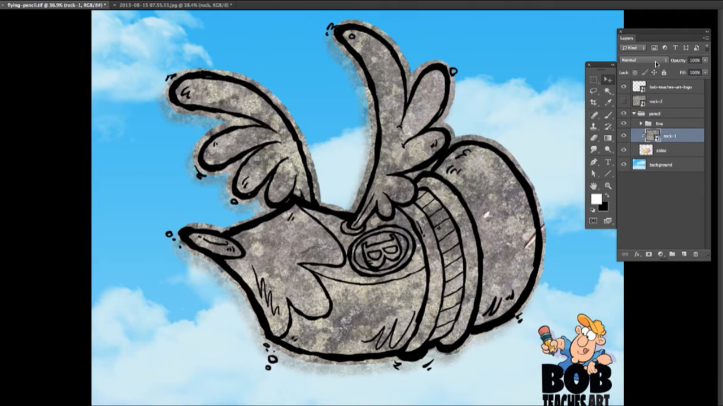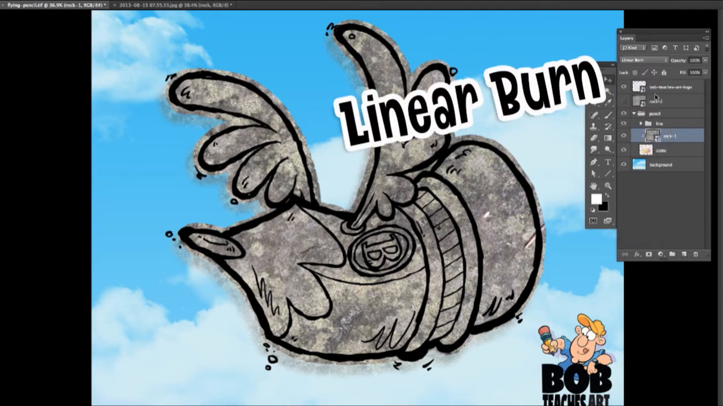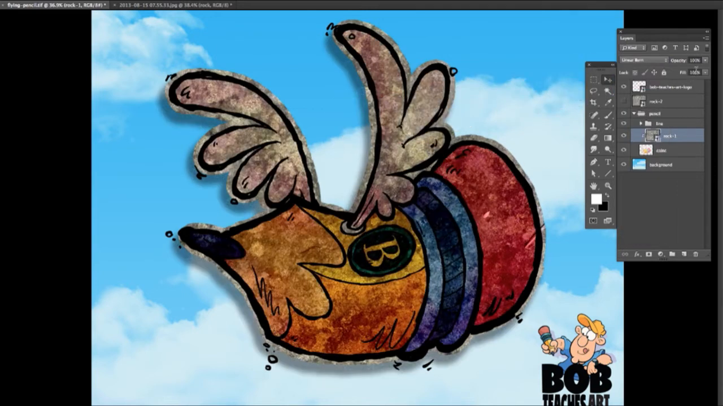You can see I've got normal blending mode at 100% opacity, and that's pretty good if I wanted this pencil to look like it's entirely made out of rock. But what I really want to do here is apply a texture. I've found in the past, working with these rock patterns, the best blending mode tends to be linear burn. Now you can see this is a little intense, so I'm going to take the opacity and knock that down to somewhere around